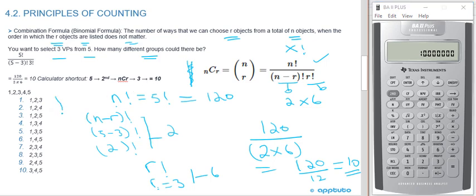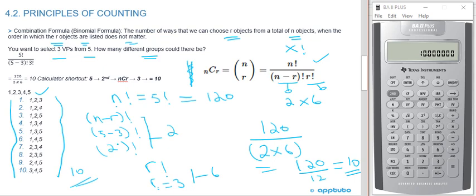This is the way I proved it to myself, old school. You have 5 VPs, and you count up the number of different groups. So I had 1,2,3; 1,2,4; 1,2,5; 1,3,4; 1,3,5; 1,4,5; 2,3,4; 2,3,5; 2,4,5; and 3,4,5. That was all the groups that I could get, and that was 10. So that was the counting